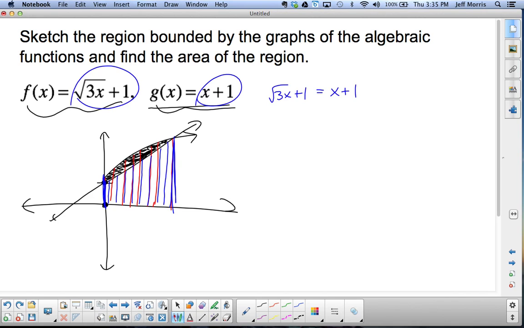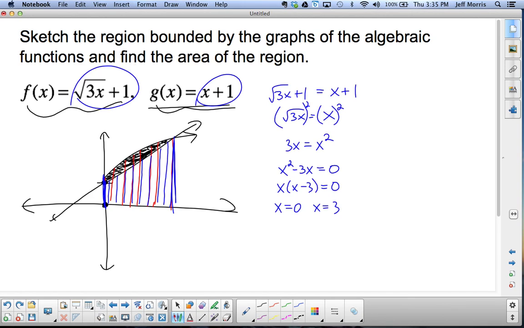So I'm going to go ahead and subtract the 1 over. It's going to give me the square root of 3x equals x. So I got the root isolated. Now I can square both sides. So I'm going to have 3x is equal to x squared. That's going to give me x squared minus 3x equals 0. Factor out an x. And we're going to get x equals 0 and x equals 3. So I'm finding the area from 0 to 3, bounded by the two curves, so that's in that enclosed region,